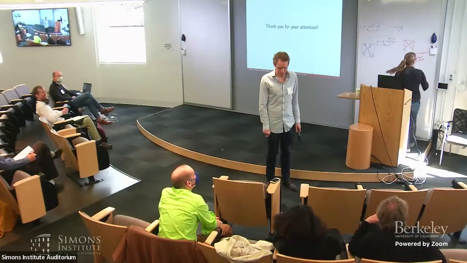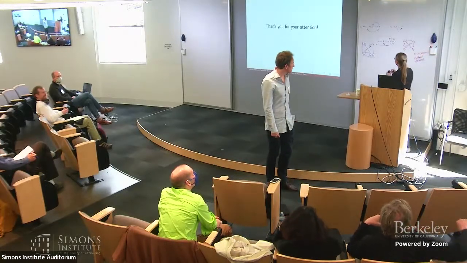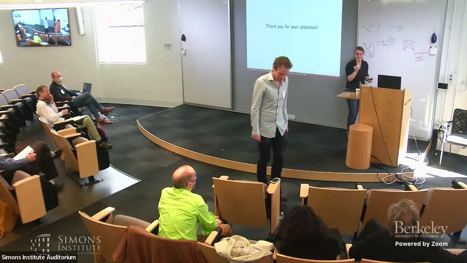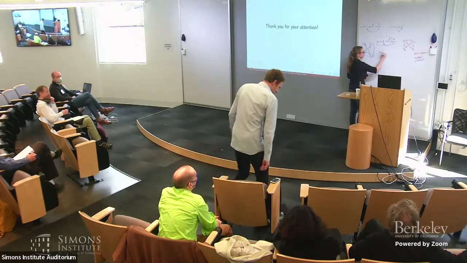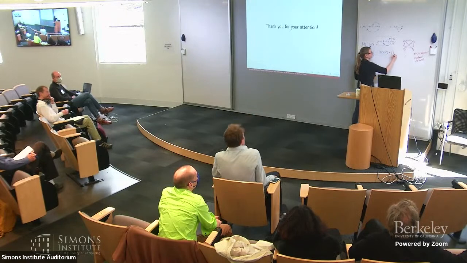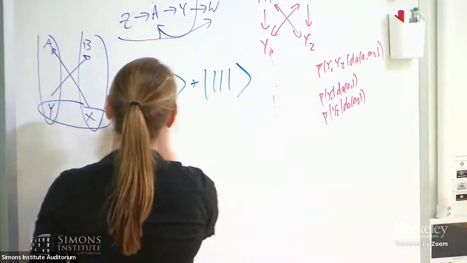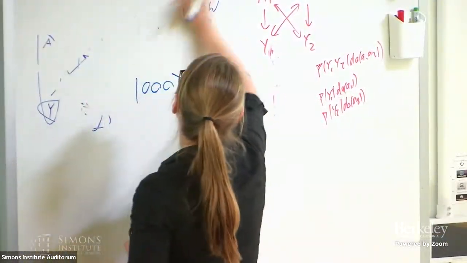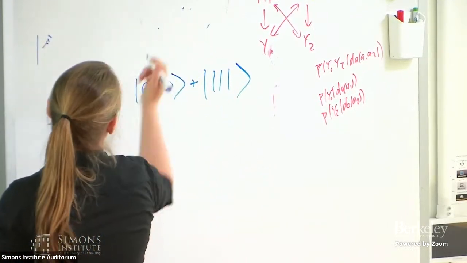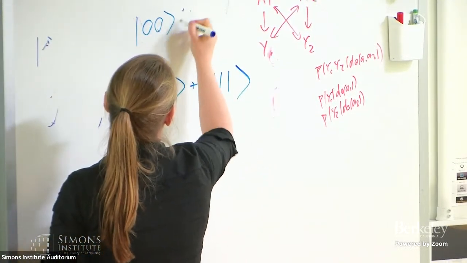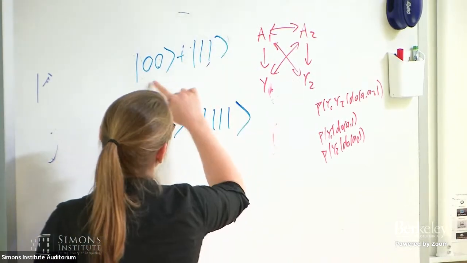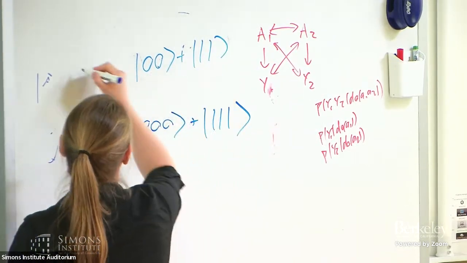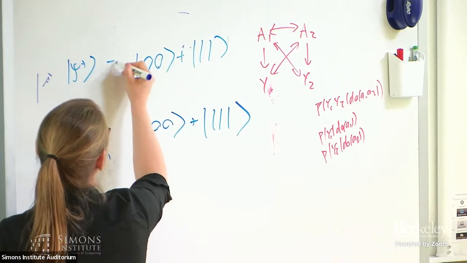Okay, maybe I can write this down. There is a thing called the Greenberger, Horn, and Zeilinger state. Instead of just the maximally entangled state that I mentioned, what we were looking at in the Bell scenario is a state that looks like this. So we just have two systems that can be accessed. This was the phi plus I was working with.